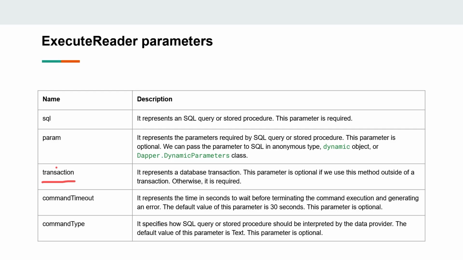The fourth parameter is command timeout. It represents the time in seconds to wait before terminating the command execution and generating an error. The default value of this parameter is 30 seconds, and this parameter is also optional. If your query is taking a lot of time and you don't want to wait for that query too long, you can specify the timeout period here, and after those many seconds, your query will be terminated and you will